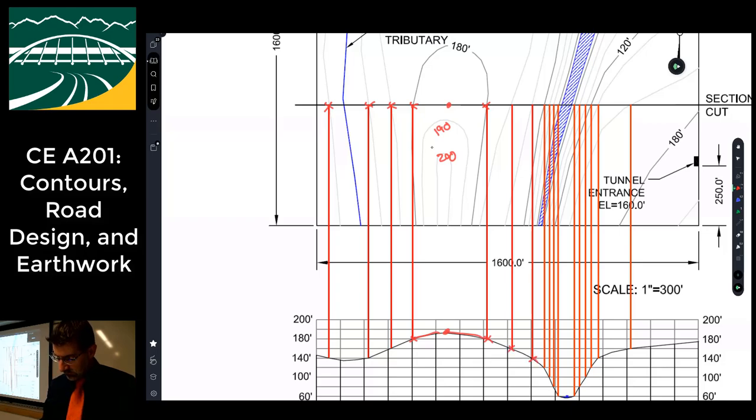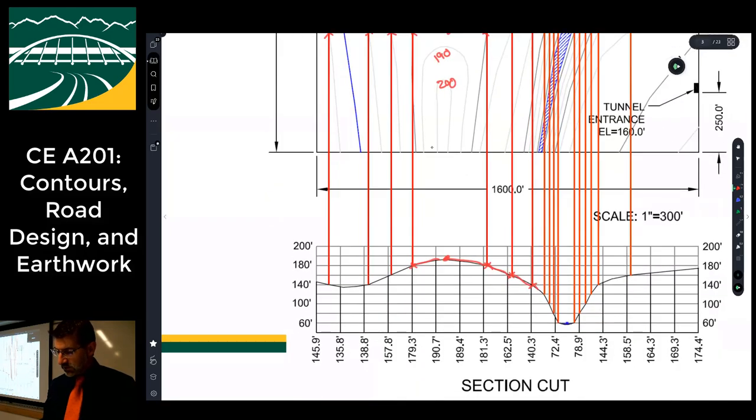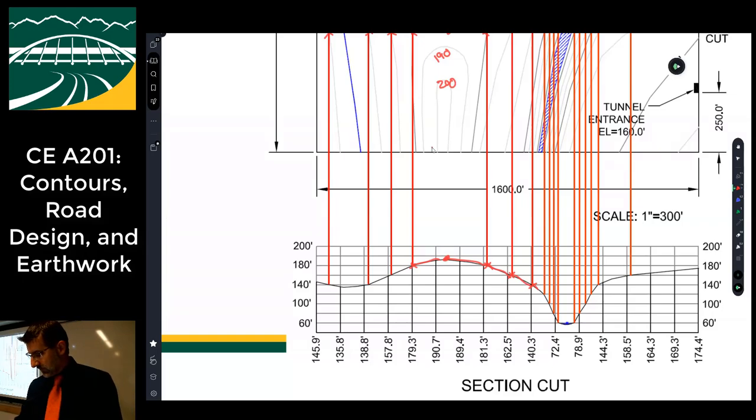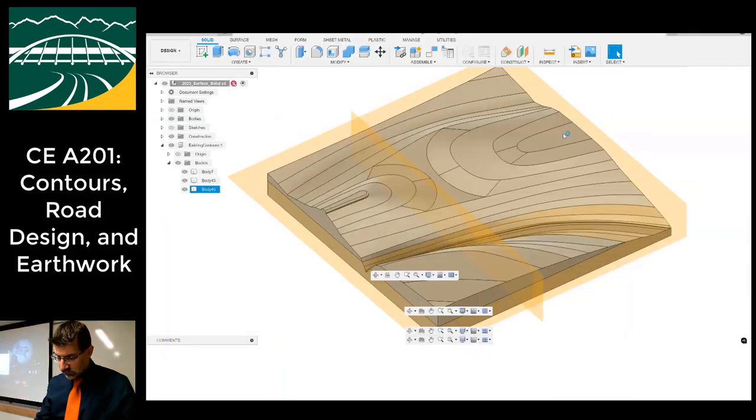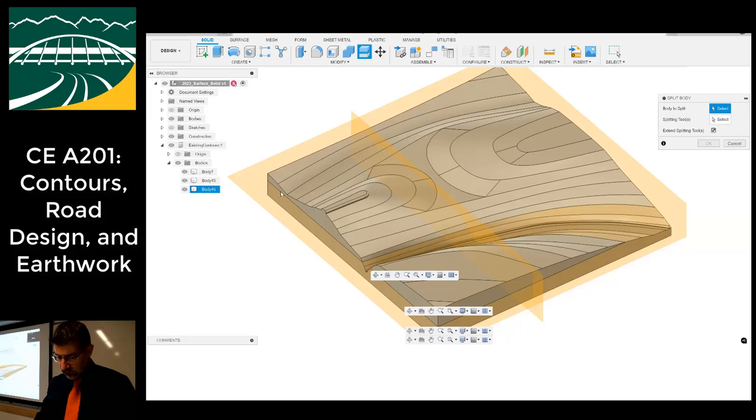Here's 170, here's 160, and I just draw straight lines, and then I have an image or a section cut of, and my pen's gonna die, a section cut through the land of what that would look like, right? So that would be the same. Basically, I'm doing a hand version of, if I were to split this,